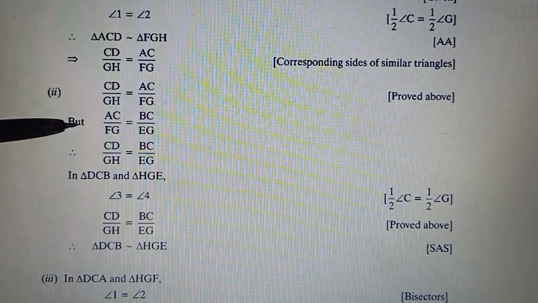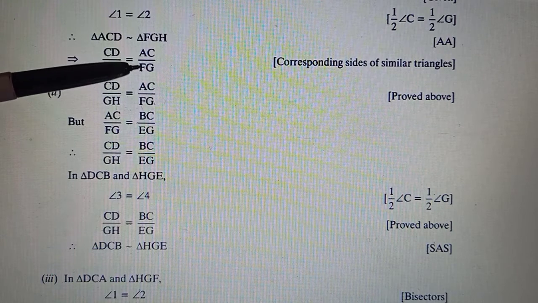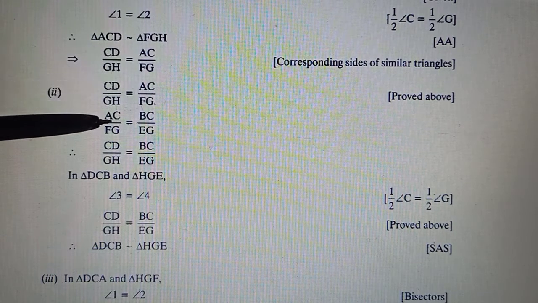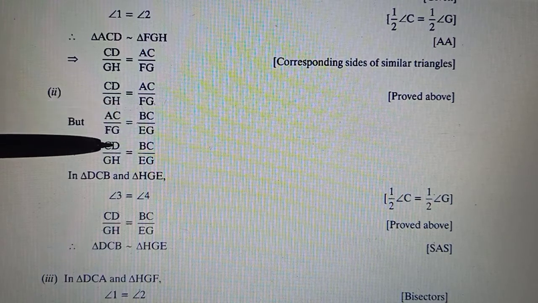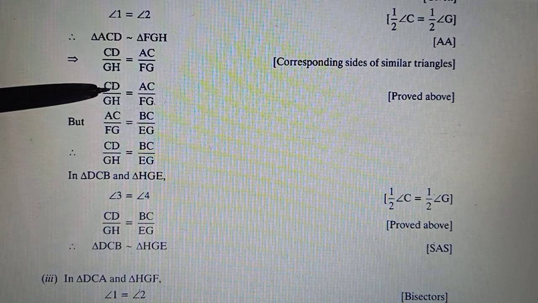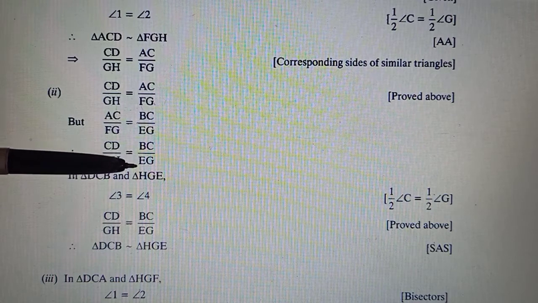Now for the second part, children, in this first part we had already proved this fact that CD upon GH is equal to AC upon FG by proving these two triangles similar. Okay, and this was already given to us, because the triangles were given similar, so we had concluded this proportion already, that further this AC upon HG will be proportional to BC upon EG. So taking these two facts together, this is same, so these two will also be equated. So you ultimately get your CD upon GH will be equal to BC upon EG. This proportion has come to you.